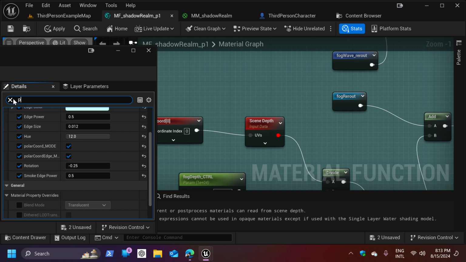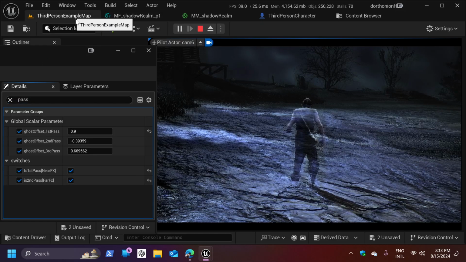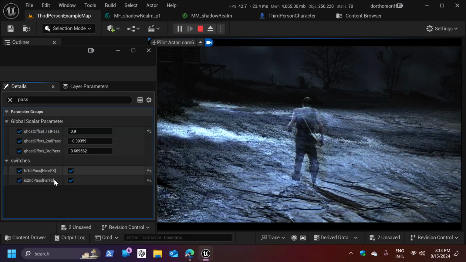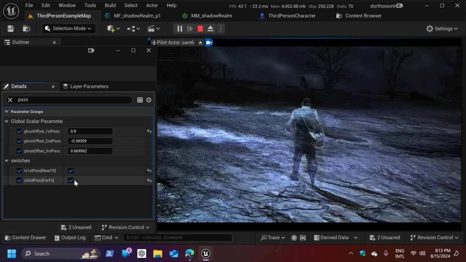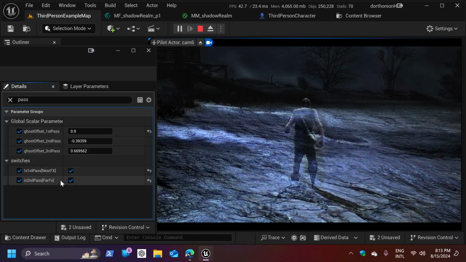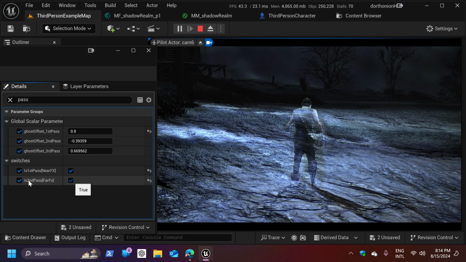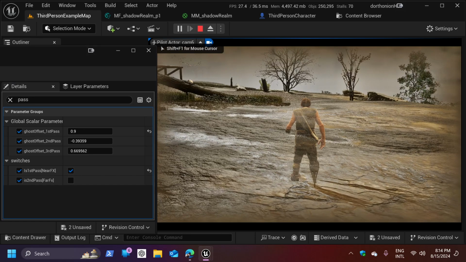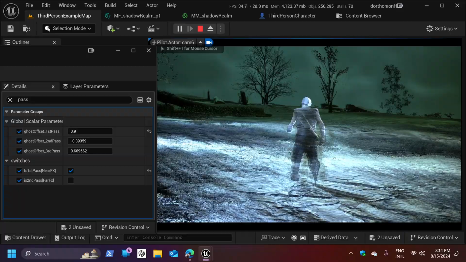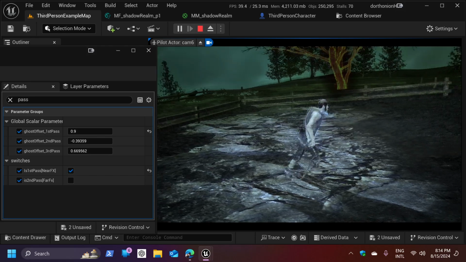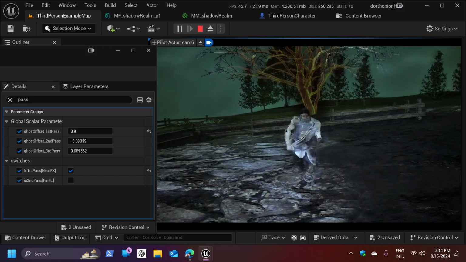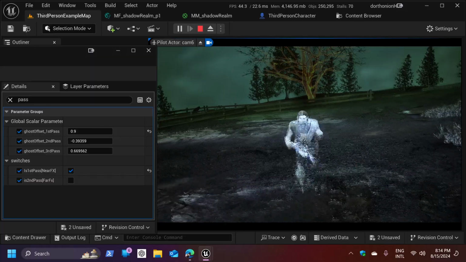So for example, if I put it here, the pass, I also put as a toggle. Of course, I'm gonna toggle this off. It's not gonna look tweaked and nice and sweet, but this is just showcasing. Like if I turn off the second pass, which is the far effects, the back is all without effects, and the effects are only happening near the character, right? So if I walk far away,